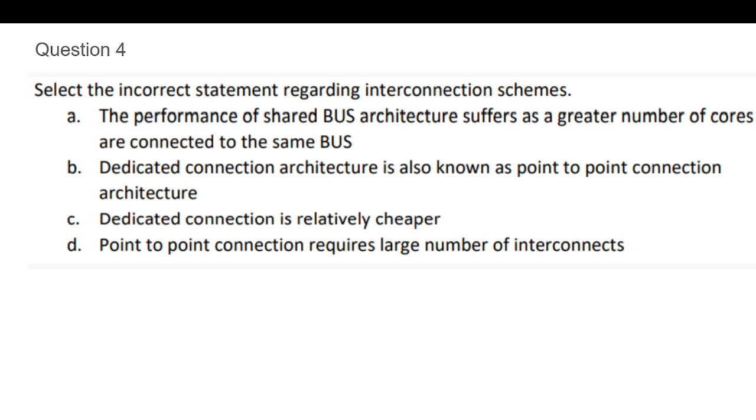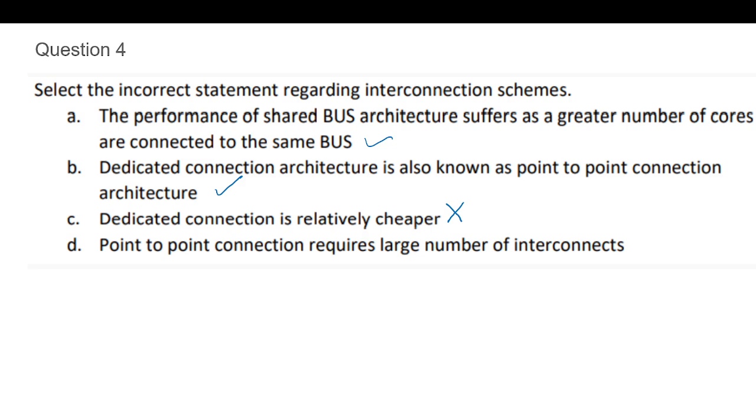Next, select the incorrect statement regarding interconnection schemes. The performance of the shared bus architecture suffers as a greater number of cores are connected to the same bus. Yes, we have seen that the performance of the bus will degrade. Dedicated connection is also known as point-to-point connection. This is also correct. Dedicated connection is relatively cheaper? No. Because we need dedicated, that means point to point,